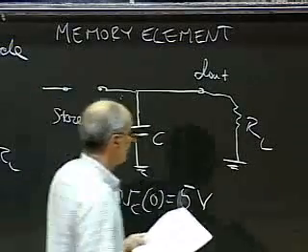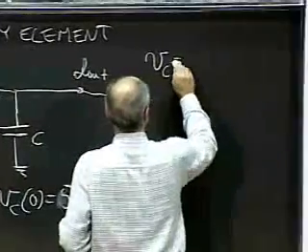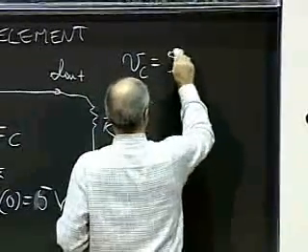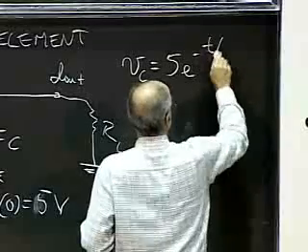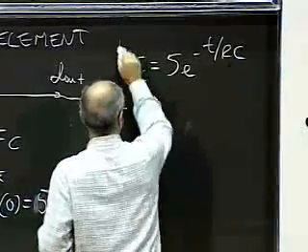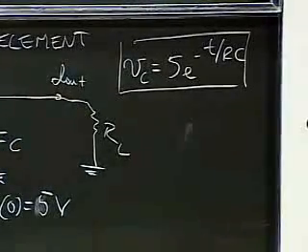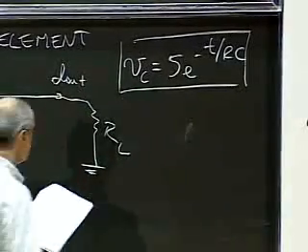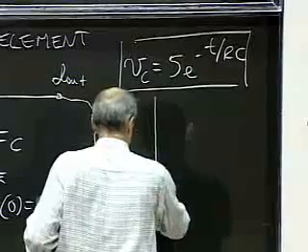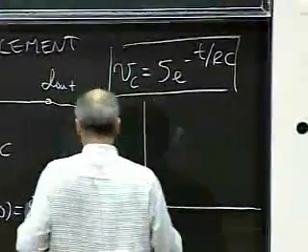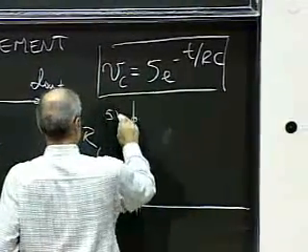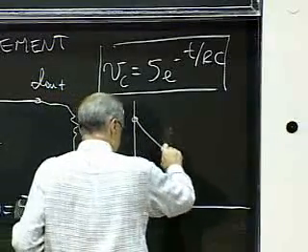Okay, it's very simple. So VC is equal to 5 volts e to the minus t over RC, right? That's the response. So we have a decay, and applying to the things we know, so we start from 5 volts, let's say here, we have a decay